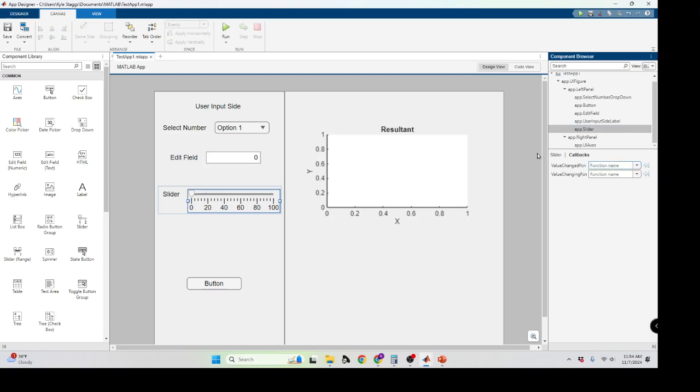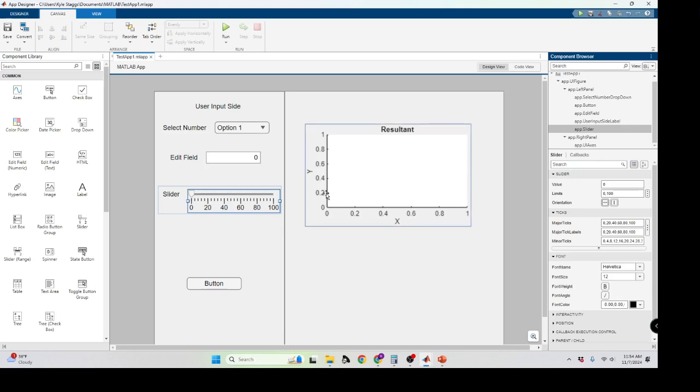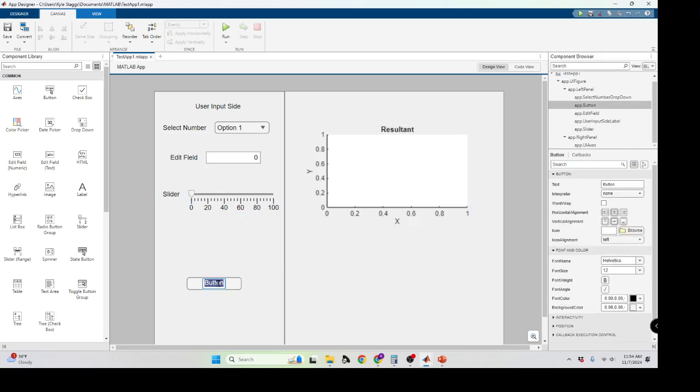We're going to have to write these functions in order to tell these things what to do. Take the edit field and multiply by the number selected from the drop down, and then use this range in the slider for the exponent or something like that, and then plot the results when we hit this, which is going to be